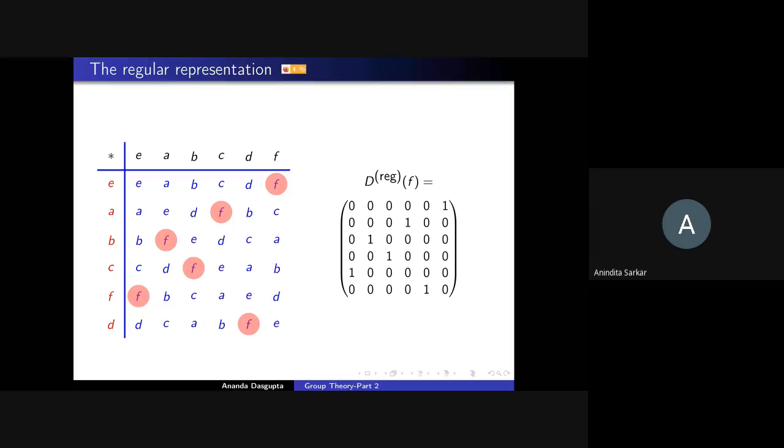And what is the group element? What is the character for that? 6. Right. 6 in this case is actually the order of the group for every group, right? So the regular representation has a character which is very, very peculiar and simple. The identity element has a character of |G|. Every other element has a character of 0. This is going to be very important in the next lecture. Okay.